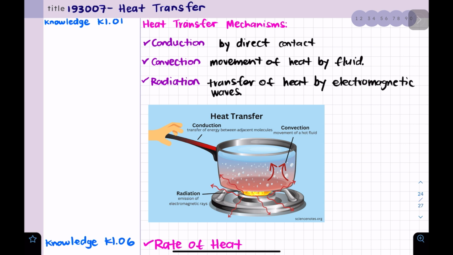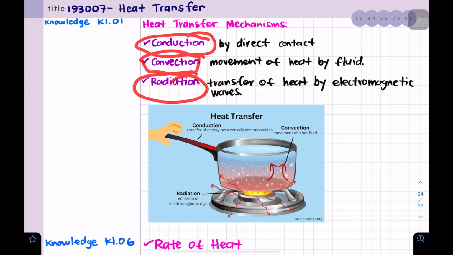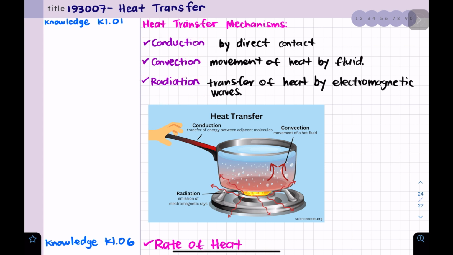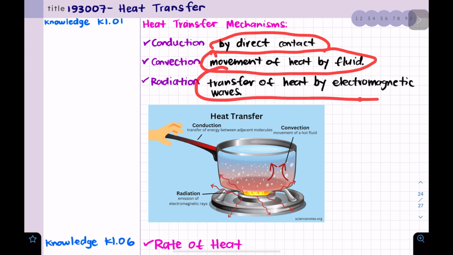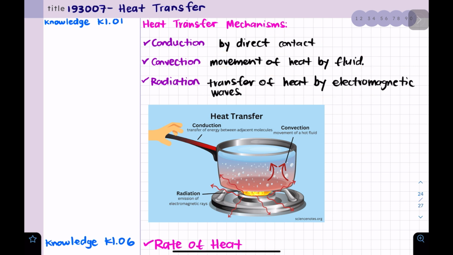the problem. So the first one describes the different heat transfer mechanisms. The first one is conduction, then we have convection, and we have radiation. For conduction, I just like to summarize each one of them. Basically, conduction is the transfer of heat through a material, without any movement of the material itself, and it's gonna occur